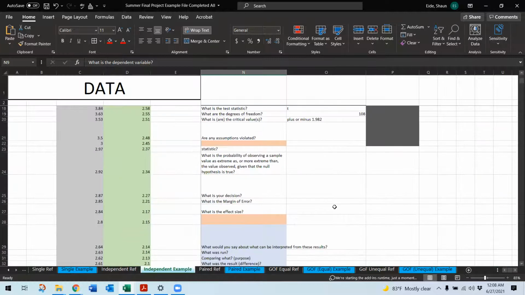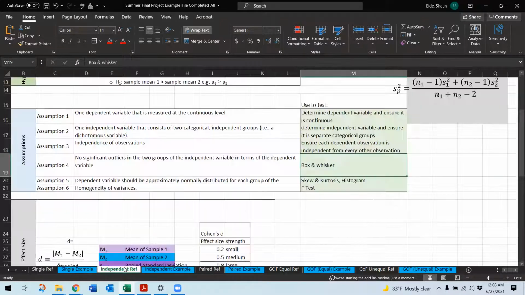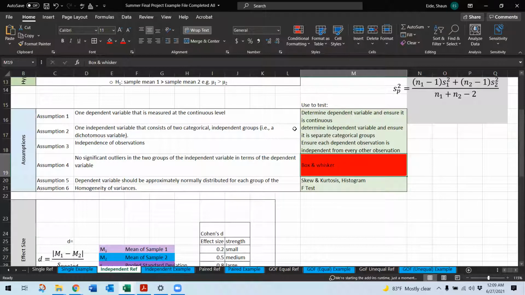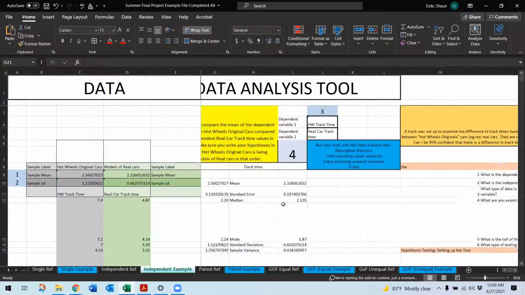And so the question that brings us back: are there any assumptions violated? Well, with that box and whisker, we determined that there are definitely significant outliers. So there's significant outliers. Is it normally distributed? Well, in order to determine if it's normally distributed, we're going to look at the skewness